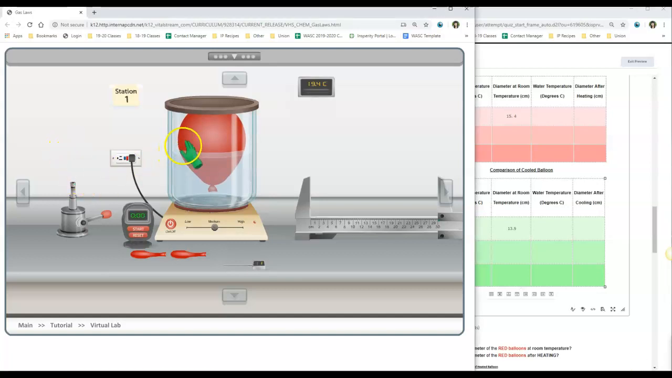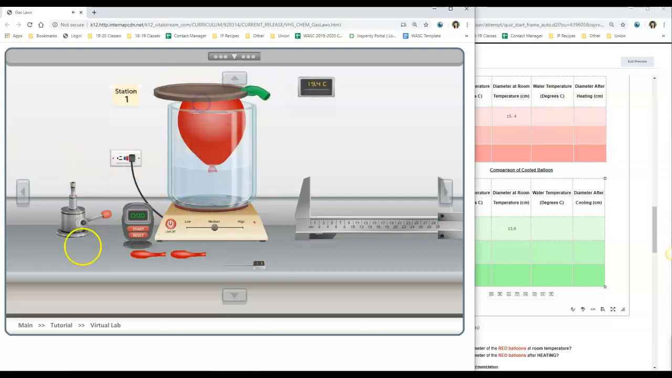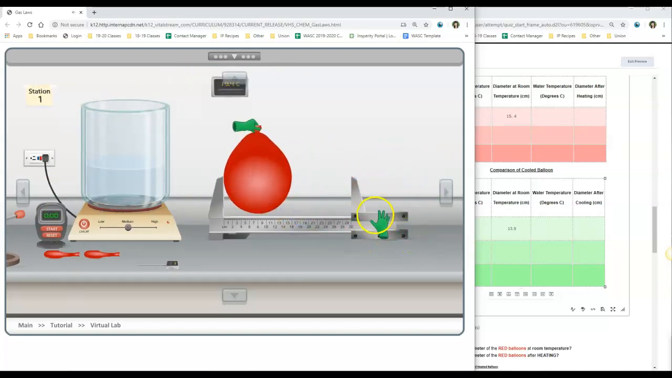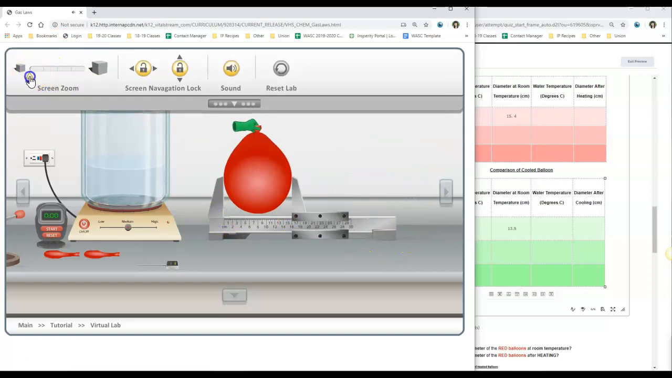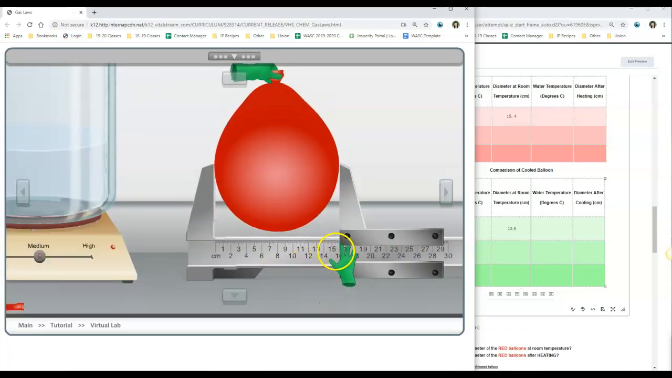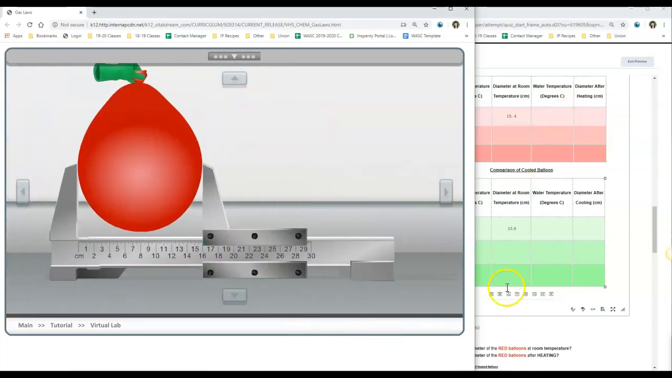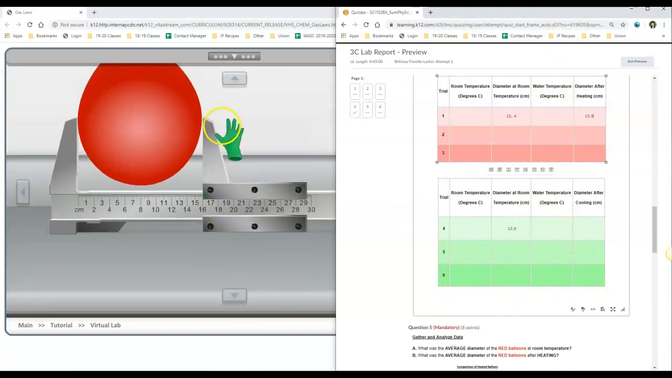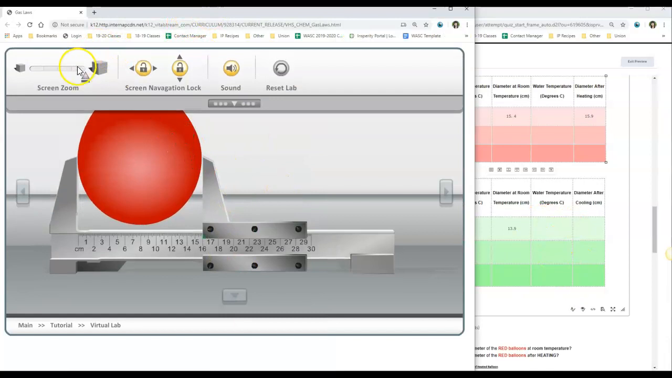Okay, so at this point we have completed the hot balloon. I'm going to take off the lid and drop the balloon back into the calipers to see the final diameter after heating. Zooming into that, it looks like it is 15.9. So over here, diameter after heating, I'm going to put 15.9. Again, room temperature should be filled out for all of these. Water temperature should have been 50 here for all 3 of these, and 5 for all 3 of the cold ones. I'm going to move back over now to the cold one,